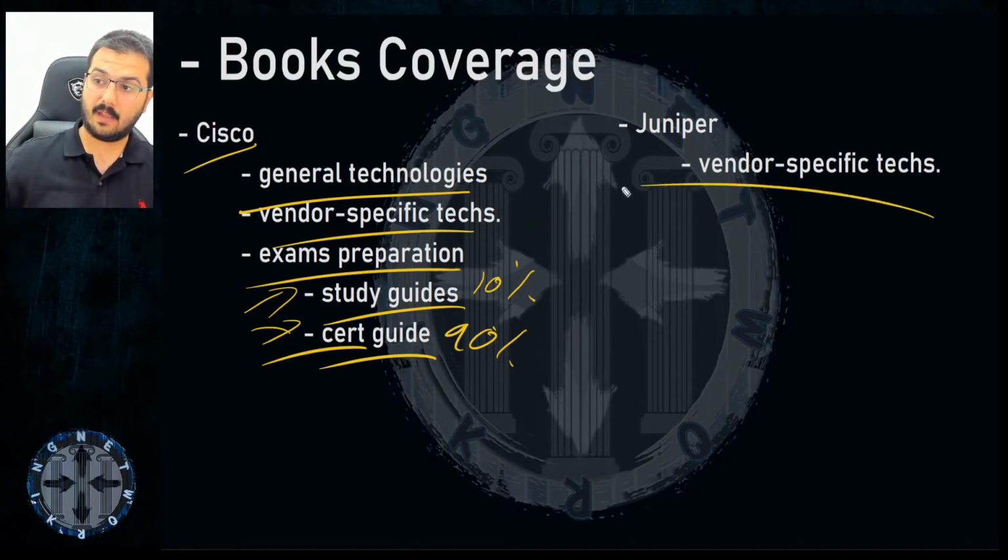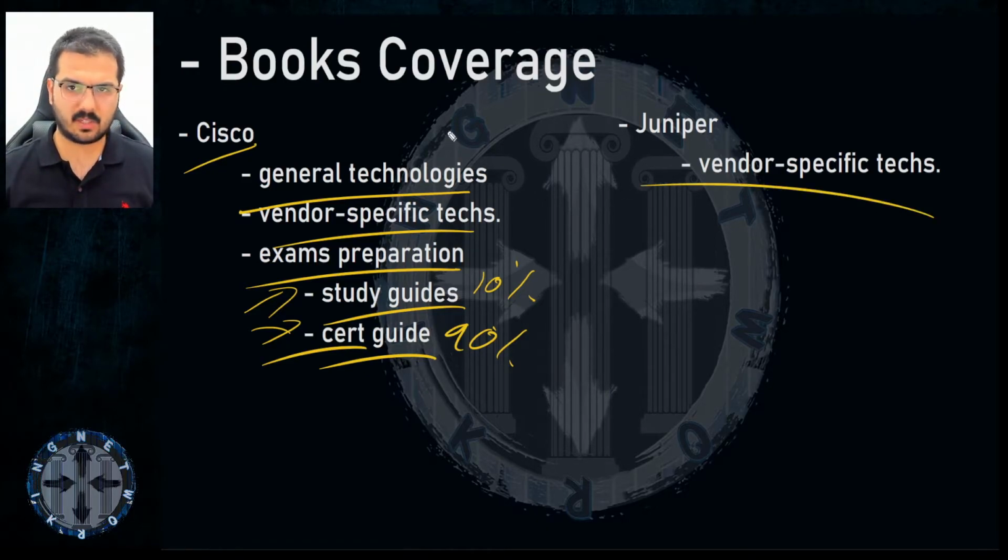On Juniper, have you seen that? Vendor specific technology, the line of production, MX series, SRX series book, Juniper Enterprise Networking. This is specific, and it's talking about Juniper. What do they provide when it comes to enterprise? Based on their operating system, based on their solution. Nothing open standard. Okay, nothing industry standard. This is the idea. When it comes to Juniper books, they will not talk general. Even Day One or non-Day One, they will not be talking general, unlike Cisco.